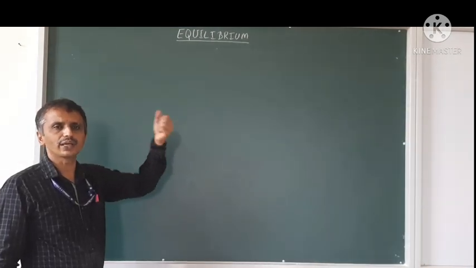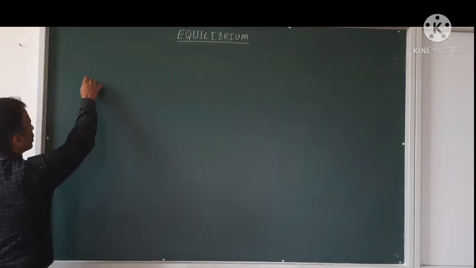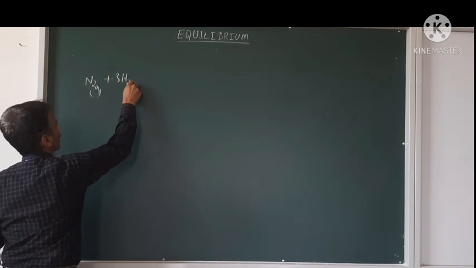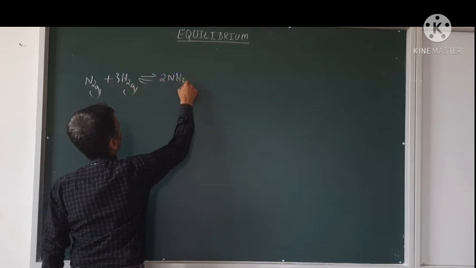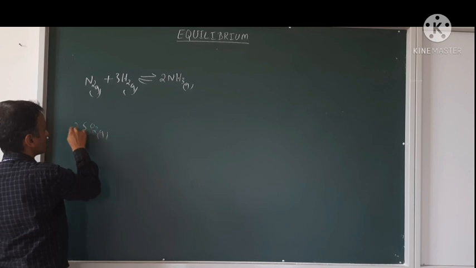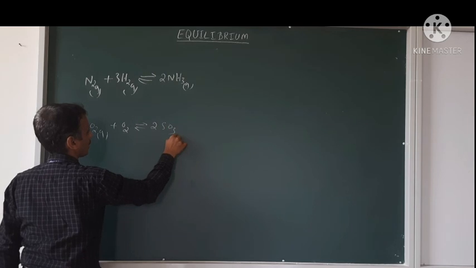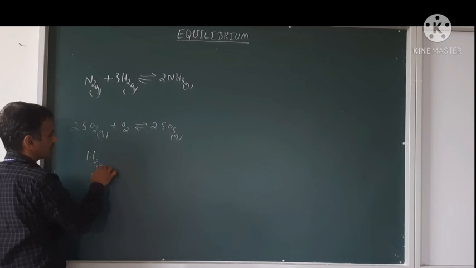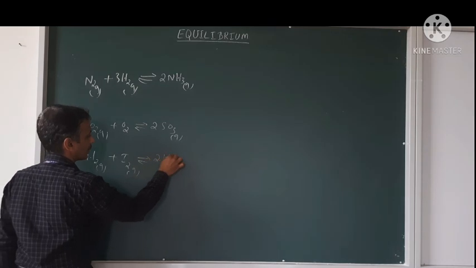See, in the previous videos I gave many reactions which are at equilibrium, like N2 gas plus 3H2 gas giving 2NH3 gas, or SO2 gas plus O2 gas giving 2SO3 gas, H2 gas plus I2 gas giving 2HI gas,